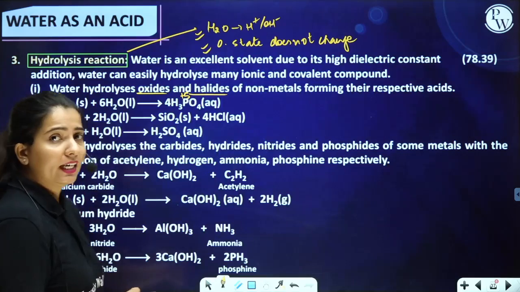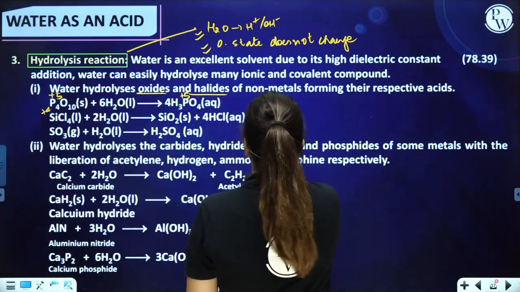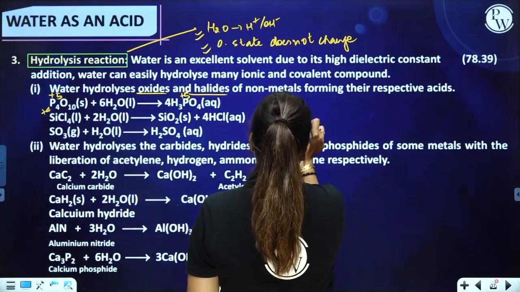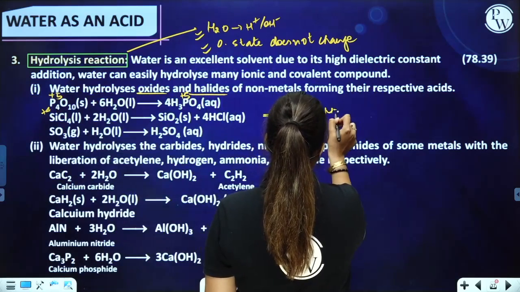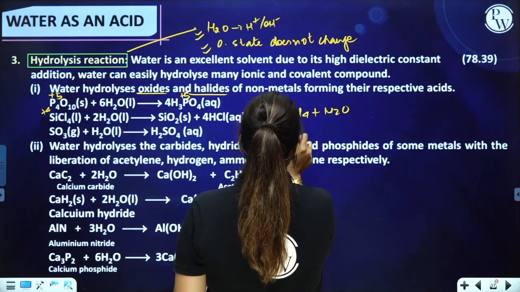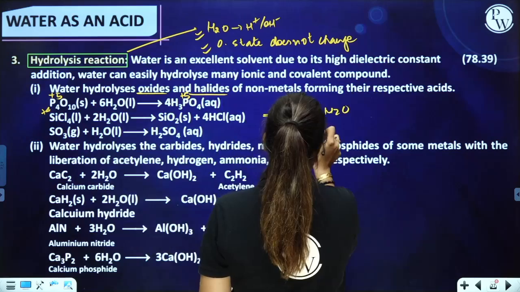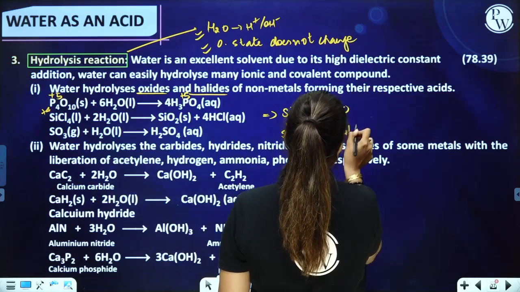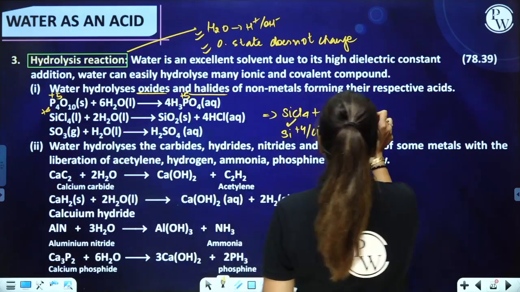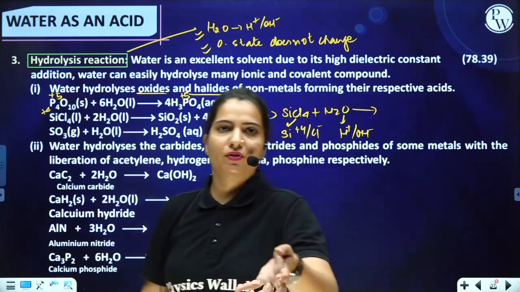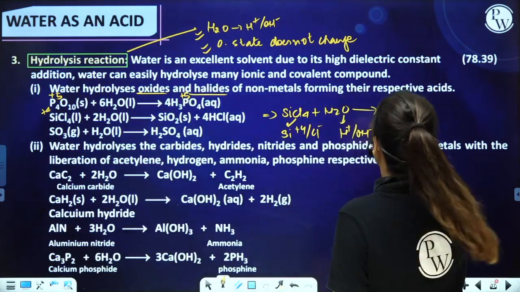So how is this SiO2 formed? It is not a very direct reaction. First of all, you have SiCl4. You react this with water. It breaks into silicon +4 and Cl minus. Water breaks into H positive and OH negative. Now the negative combines with the positive, positive combines with the negative to first give you